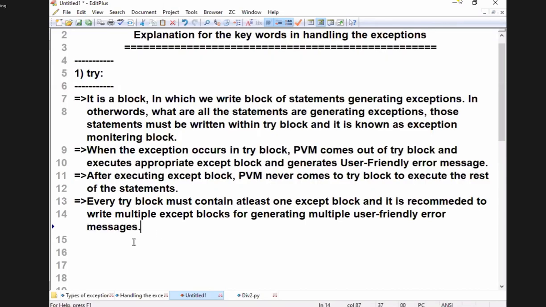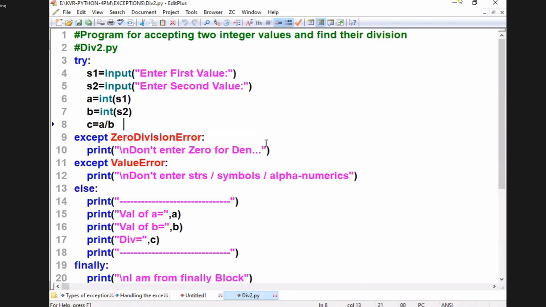Well, next, another point. After writing the try block, you wrote the except block, that is fine.